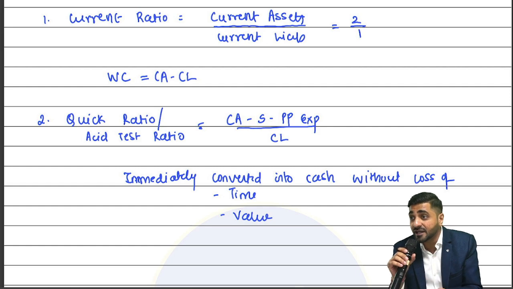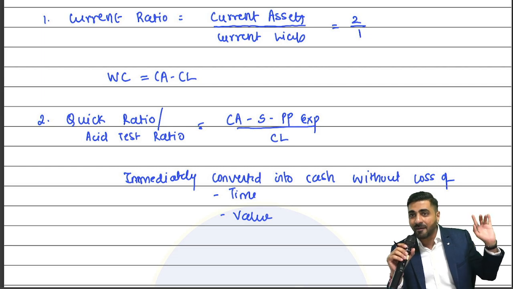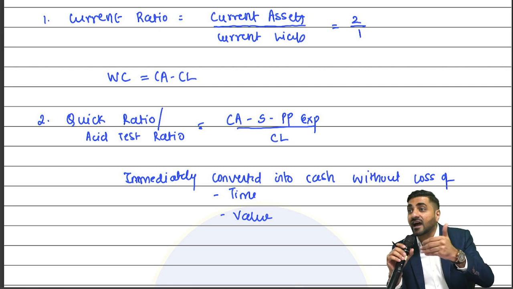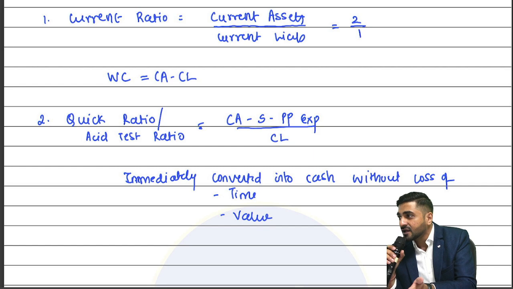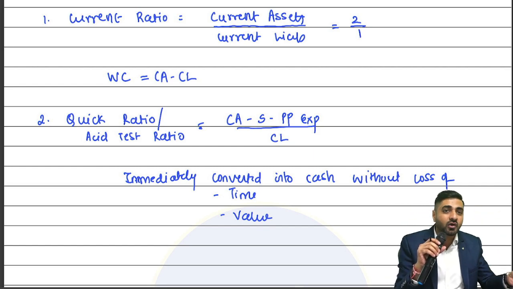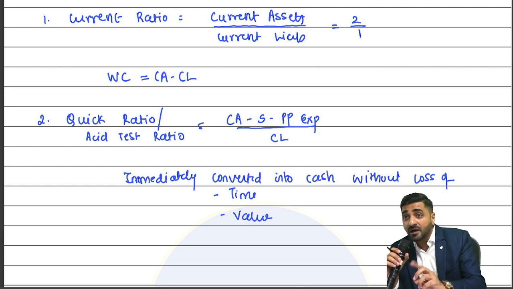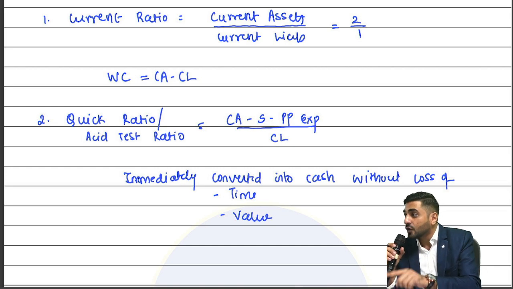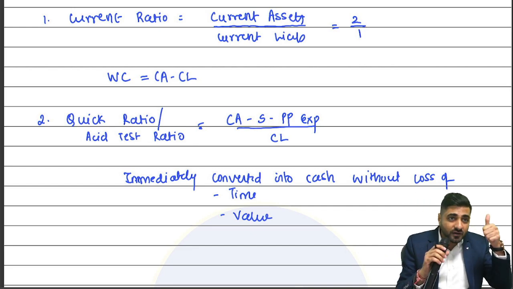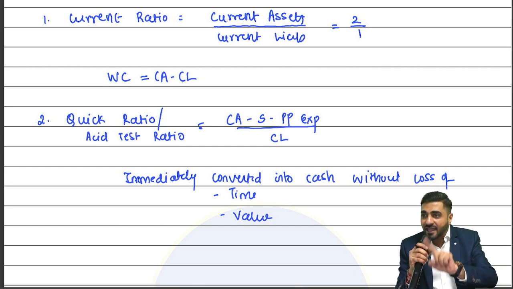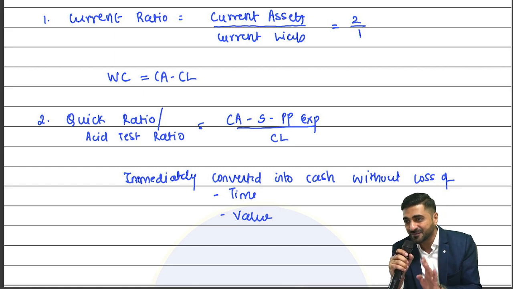Stock can't be sold immediately into cash, right? Suppose I'm a retailer with a showroom where I'm selling garments. Can I say my stock of finished garments is there? Yes, sir. Now there is so much stock. If I want to sell it tomorrow, is it possible to sell it immediately? No. But if I want to sell it, it is possible, but with a loss of value, right? So when I want to convert stock immediately into cash, it is possible, but there is going to be a loss of value, right?